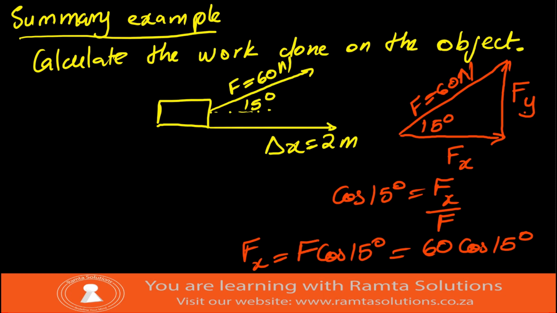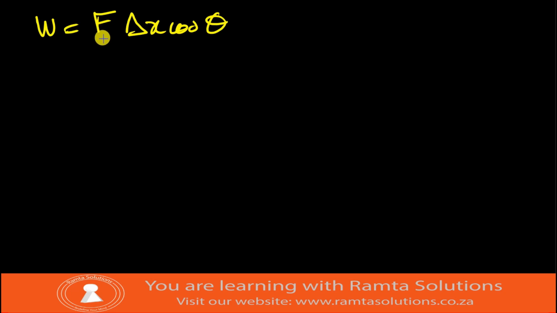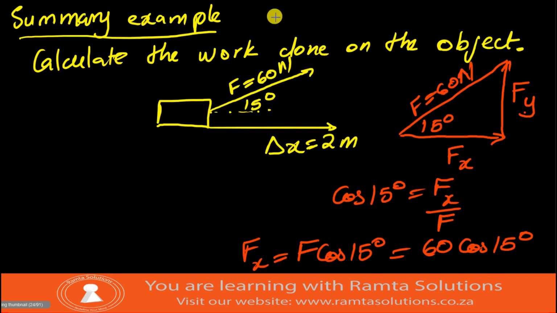It is simply the force that is acting on the object that can allow us to perform any work, which is F sub x. What is it? It is 60 cos 15 degrees multiplied by the displacement, which was 2 meters,